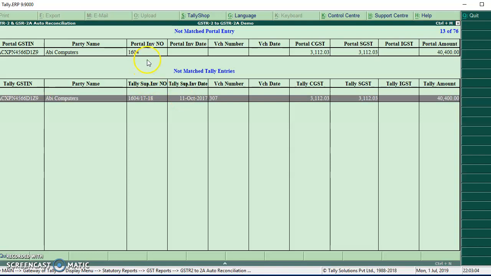In this example, you can see the data which is uploaded by the party. The invoice number he has changed after he has issued an invoice to us. The invoice which he has issued to us was in this format with showing the years, but what he has uploaded did not have that information. Simply by pressing enter, these mismatches will get corrected automatically.